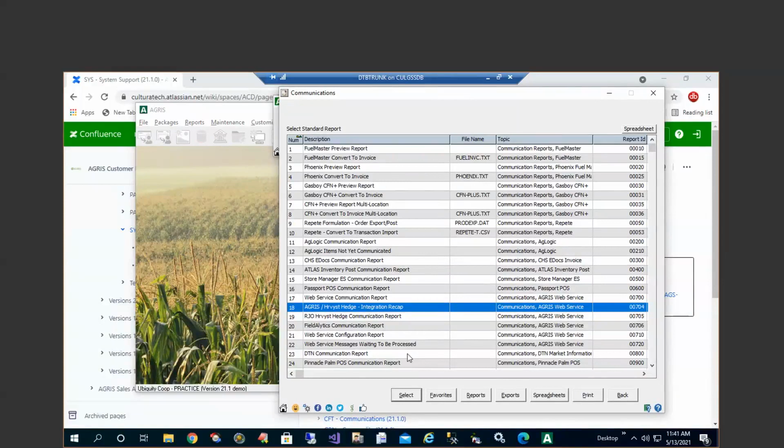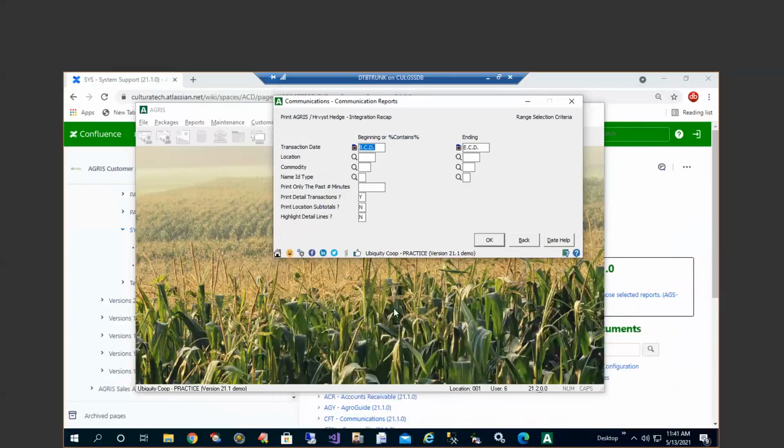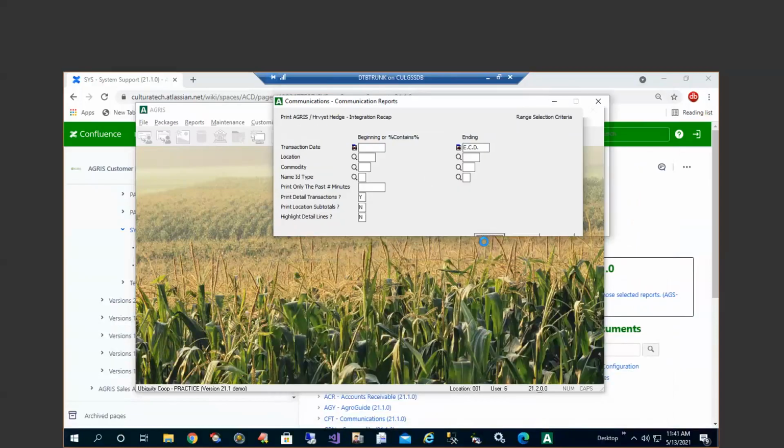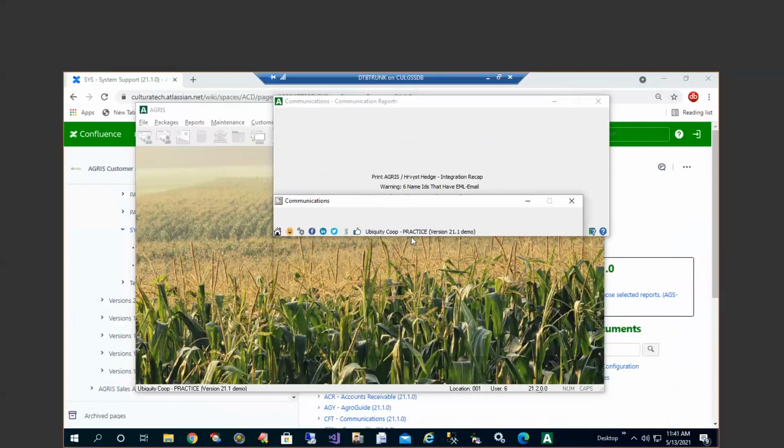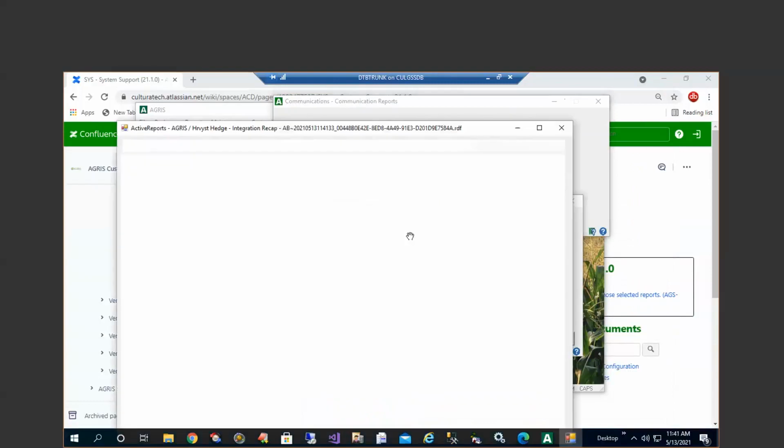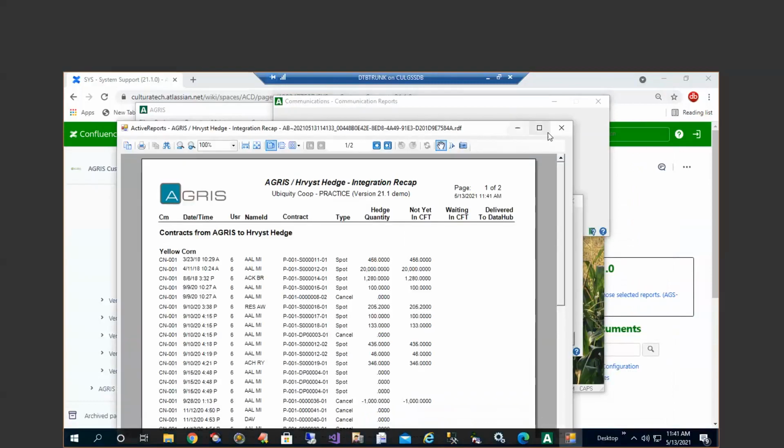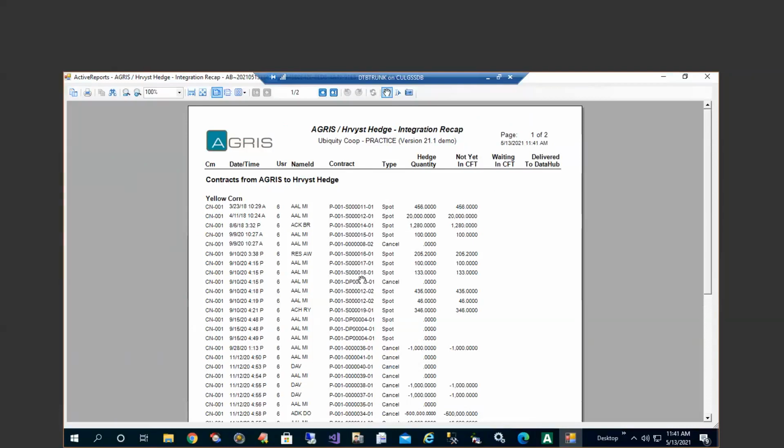I'm not sure how many of you utilize our emailing reports capability, but this is a report that we've set up that will check to see, let me just show the report, then I can explain it. So it's a recap report of how the integration is doing today, with multiple sections. And keep in mind that I'm showing this as an example with the Harvest Hedge integration, but this same report concept we can build for any of the reports for any of the areas throughout the system